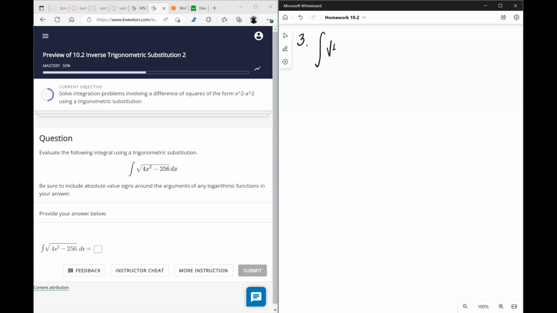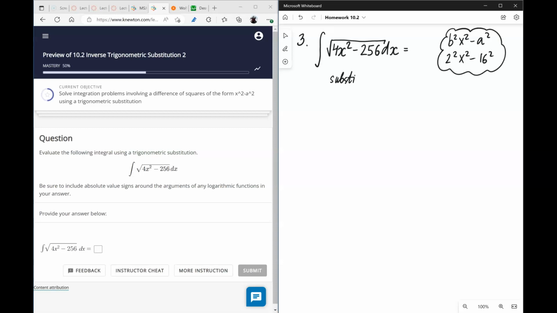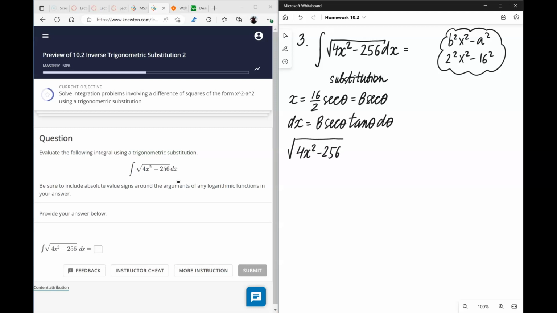Let's do another indefinite integral. And because of this pattern, we know that the following substitution will work. Setting x to be 16 over 2 secant theta, or in other words 8 secant theta, will make dx to be 8 secant theta tangent theta d theta, and the square root of 4 x squared minus 256 will simply become 16 tangent theta,